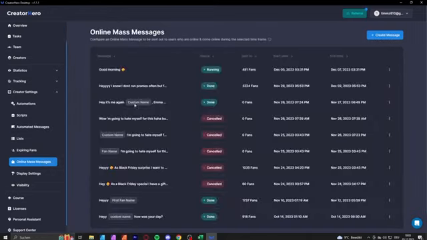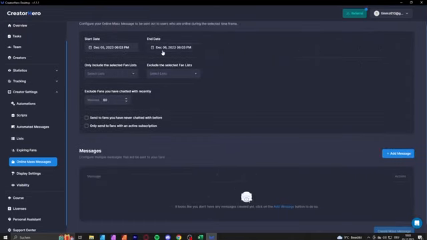And the second thing is the online mass messages, which are also super important. With the online mass messages, you can create messages which are sent through a certain time period that you can decide. You can also exclude and include fans from specific lists. And also, let's say, for example, you chatted with a fan in the last 18 hours and they don't get the online mass messages. But it's not like a usual OnlyFans mass message where every fan gets the message at once, but every fan gets the message once they are online. So as soon as they're shown as online on OnlyFans, the online mass message triggers